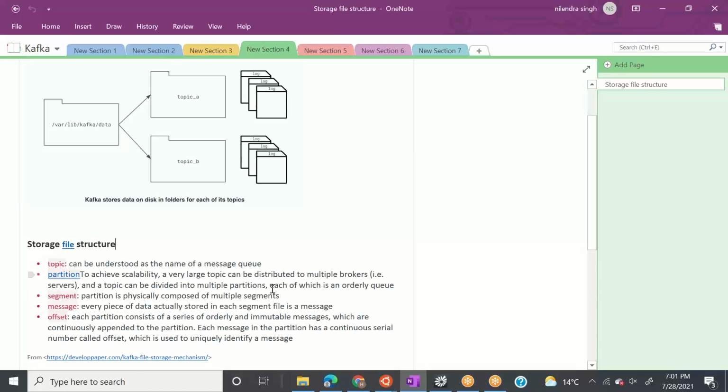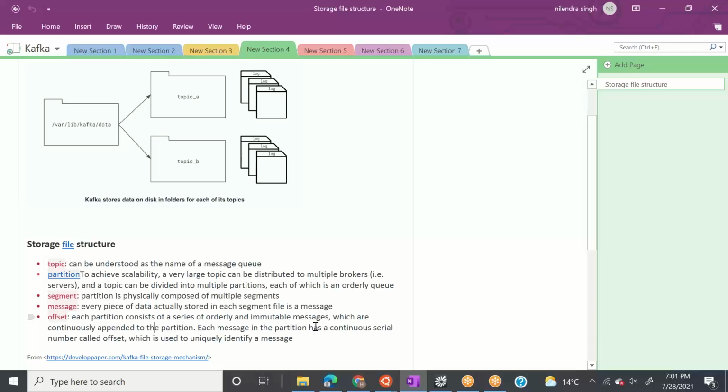The partition is physically composed of multiple segments. We have covered message. So in Kafka, every event is called a message. Every piece of data actually stored in each segment file is a message. Okay. And we have covered offset. What is offset? Each partition consists of a series of orderly and immutable messages which are continuously appended to the partition. Each message in the partition has a continuous serial number called offset, which is used to uniquely identify the message.